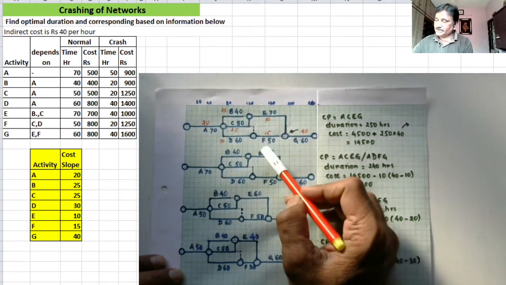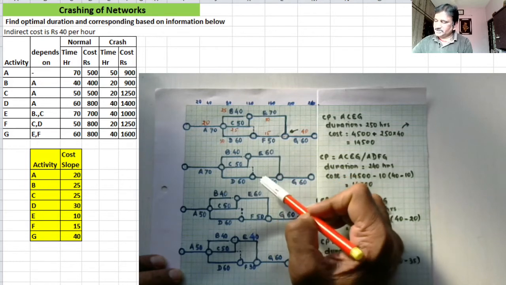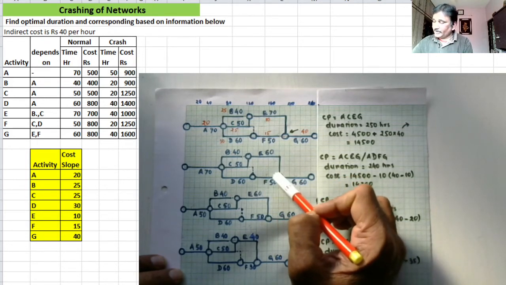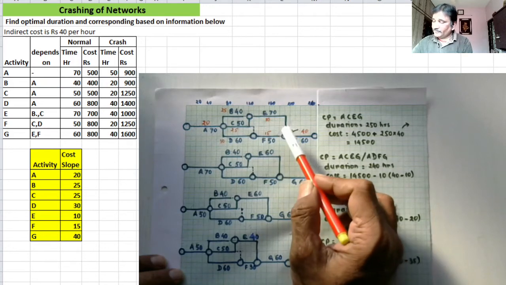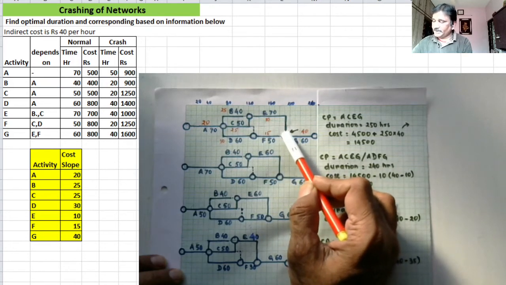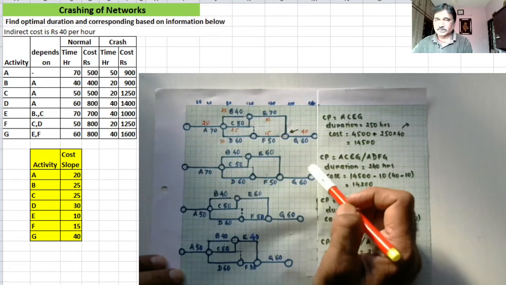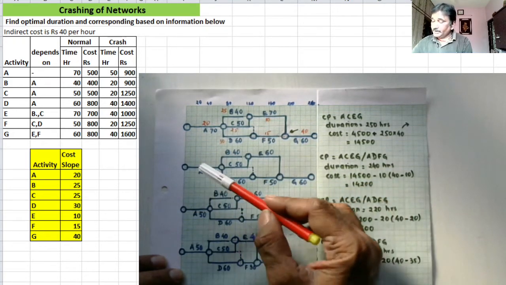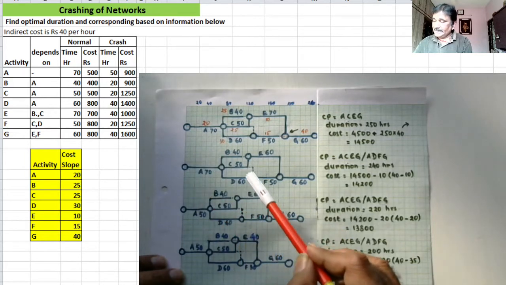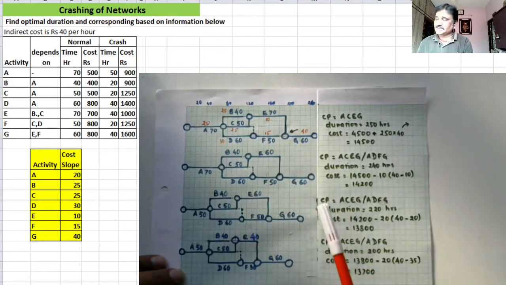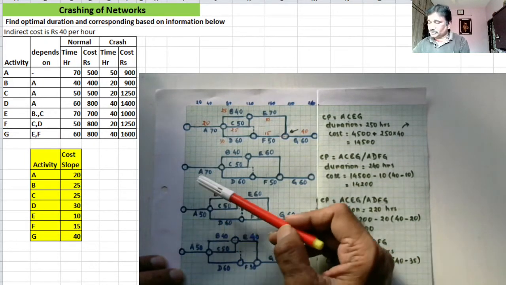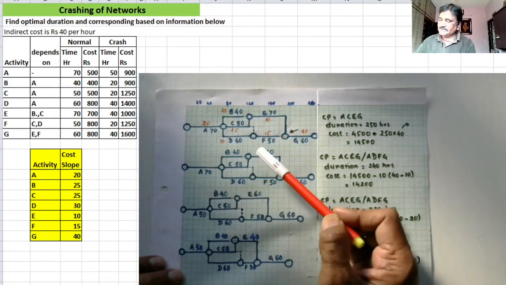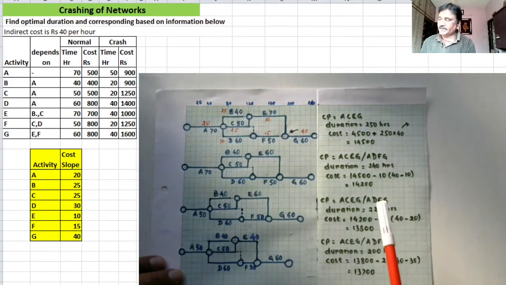Now the activity duration of activity E is 60 and this is still 50. But what has happened, this slack which existed here of 10 hours is gone. Now there is no more slack here, right? And you are seeing that activity A, D, F, G also has come on critical path, in addition to our earlier critical path, A, C, E, G.